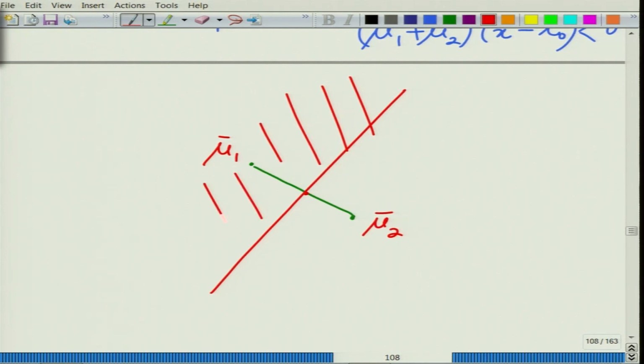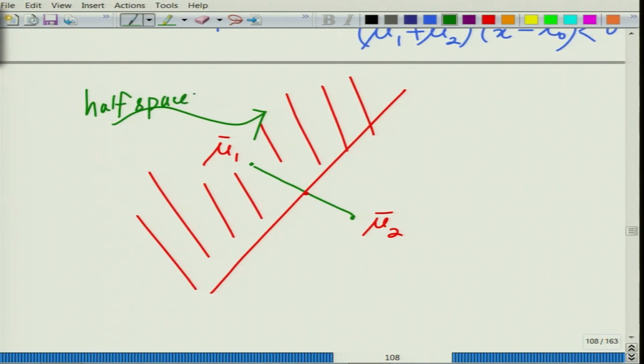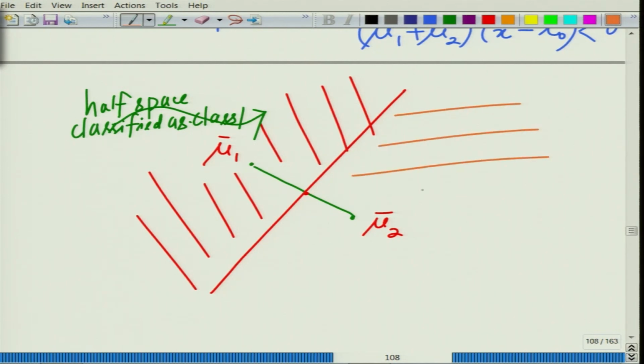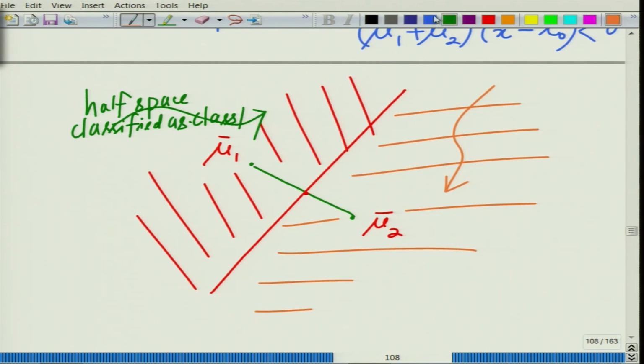So, this entire region, in fact this is known as a half space, this entire half space is classified as class 1, right. And if you look at this side, this half space,